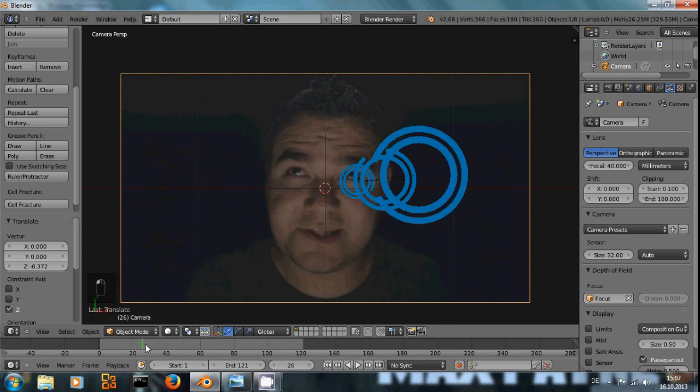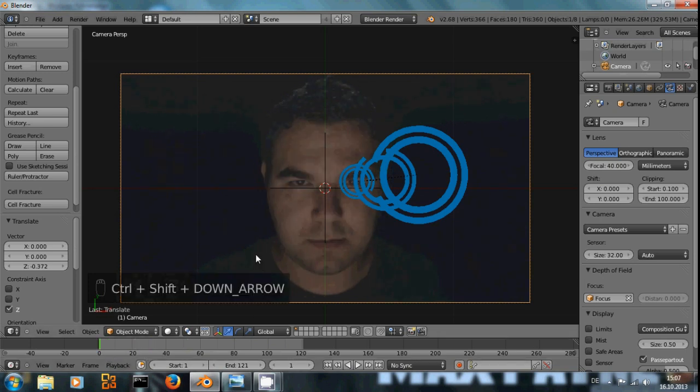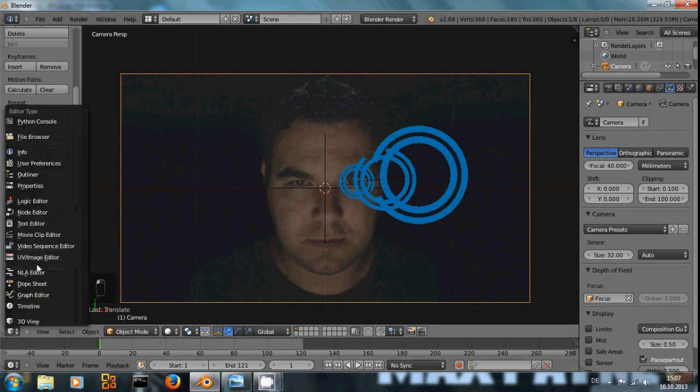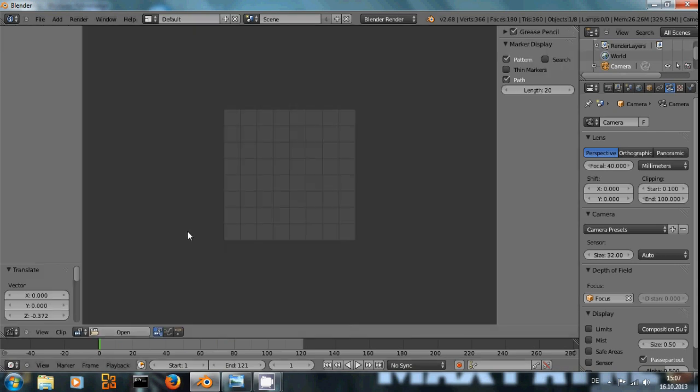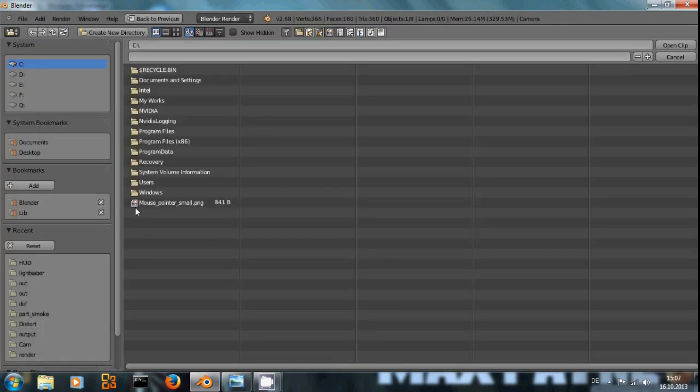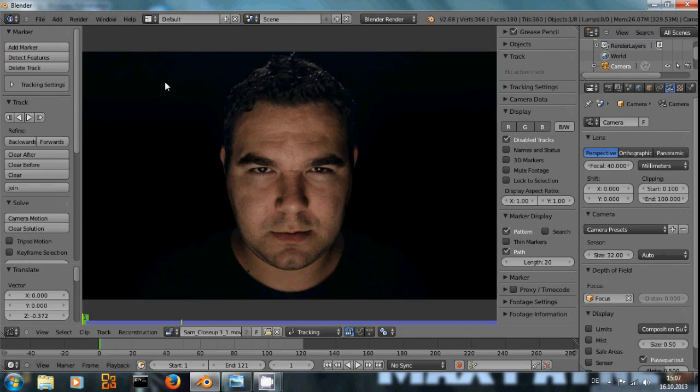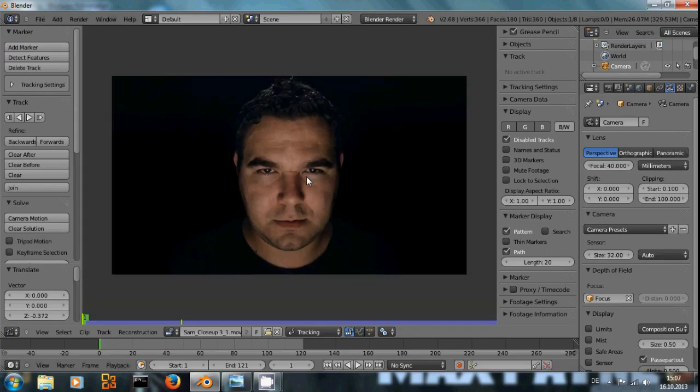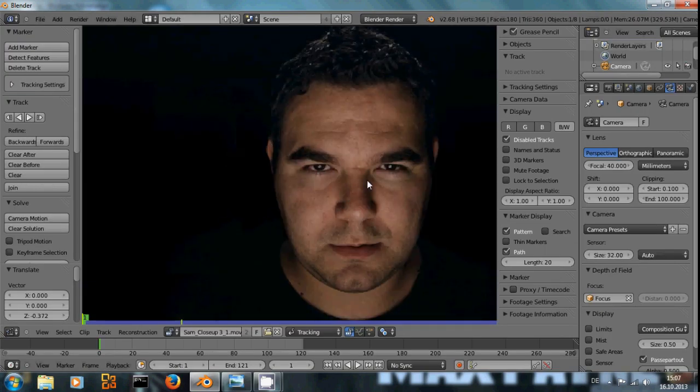Now on to the really interesting part. We want these elements to follow his eye movement first of all, and then we want the outer rings to rotate randomly. To make them follow his eye movement, we're going to switch to the movie clip editor. Open our movie clip, and in tracking mode